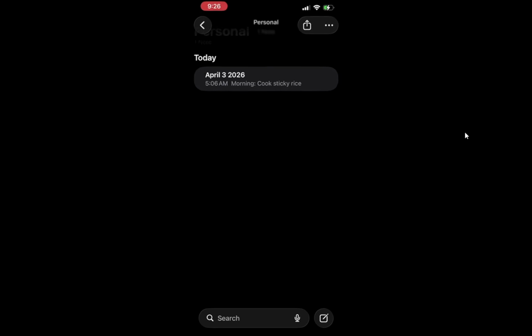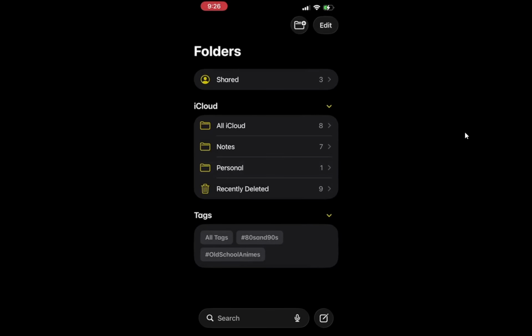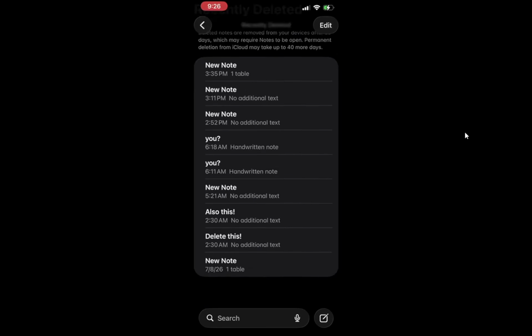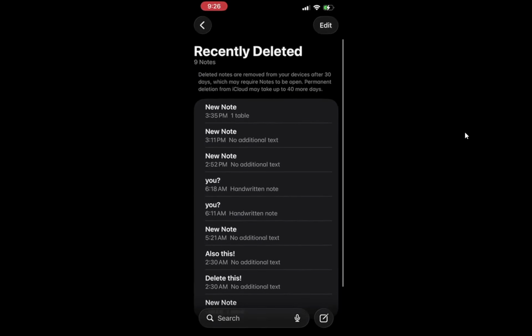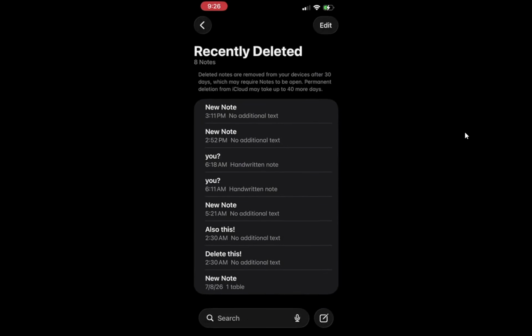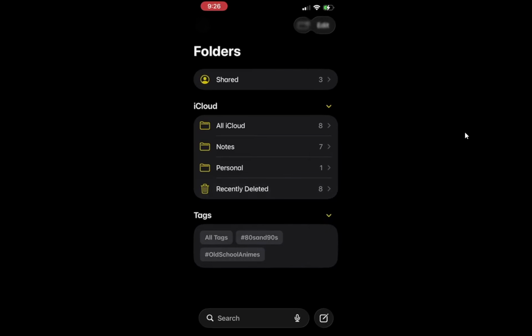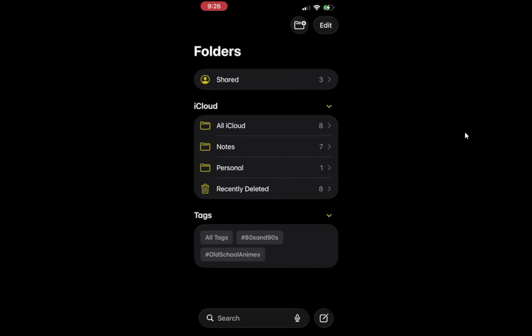Once you select a folder, you will see all the notes saved within it displayed in a list format. This is where you can find specific notes you might be looking for. Each folder serves as a collection, making it easier to locate your notes without having to scroll through everything. This step is vital as it gives you access to your organized thoughts and tasks, helping you stay on top of everything. It's important to note that Apple Notes does not currently let you search for folder names directly.